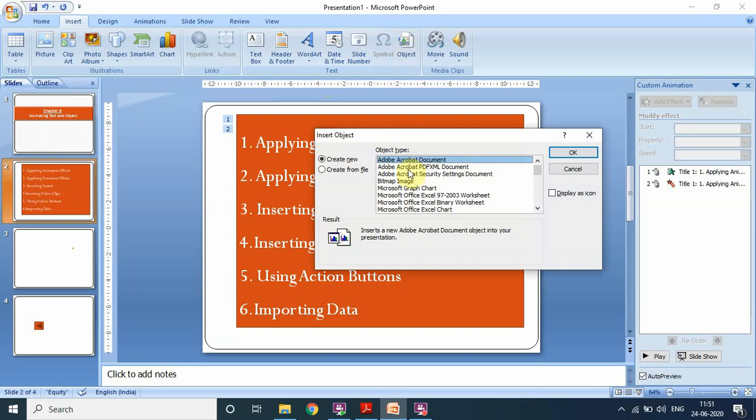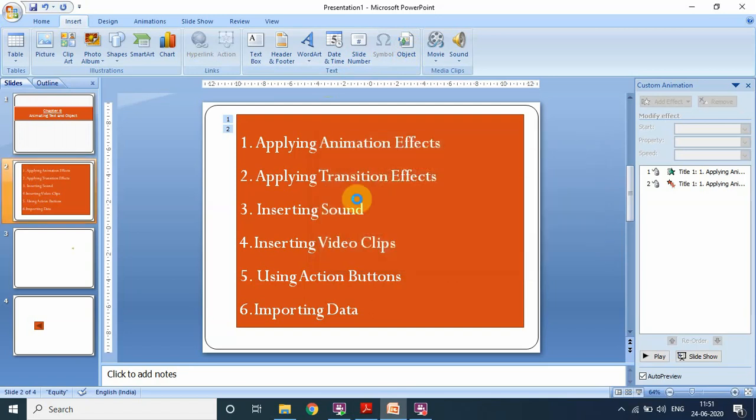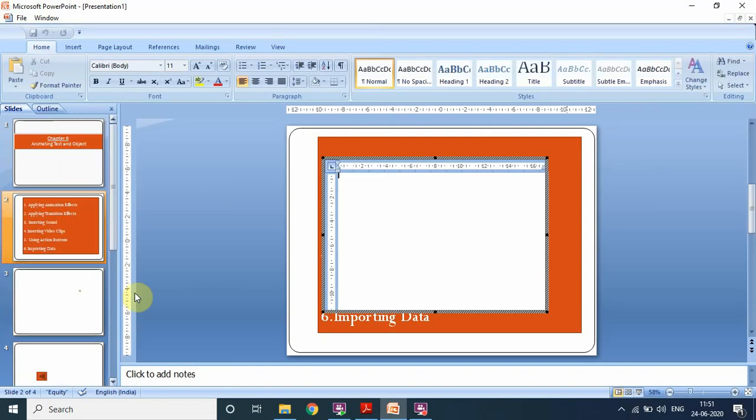So simply we can go from here as well. Like see, if we are going to Insert Object. Suppose I want to insert an object from some other application like an Excel worksheet or Word. Fine. So from wherever you want to take your data, suppose a Microsoft Office Word document. We click on OK. After that it will ask me which file. See. So this way I can insert the object as well. Fine. So right now this much is sufficient according to the chapter content. Fine. So we will be concluding with that.